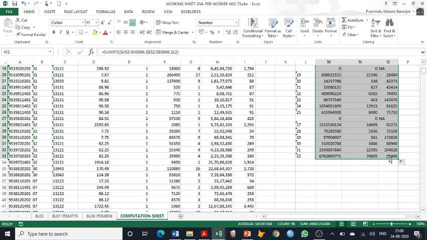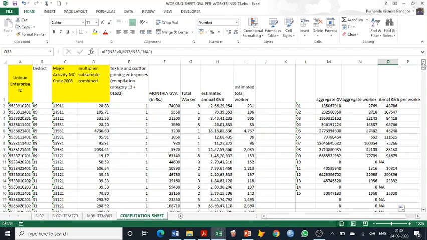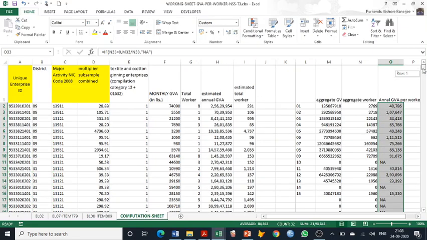So we have taken it down, and now we have the figures. For all the districts we have estimated GVA per worker. You can now see whether the figures are okay or not, because you know the district names. For example, district code 02 is for Chennai.